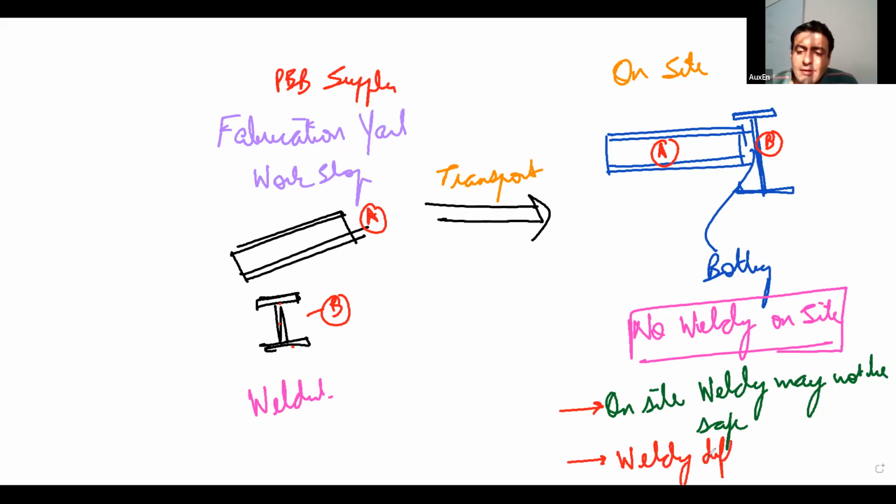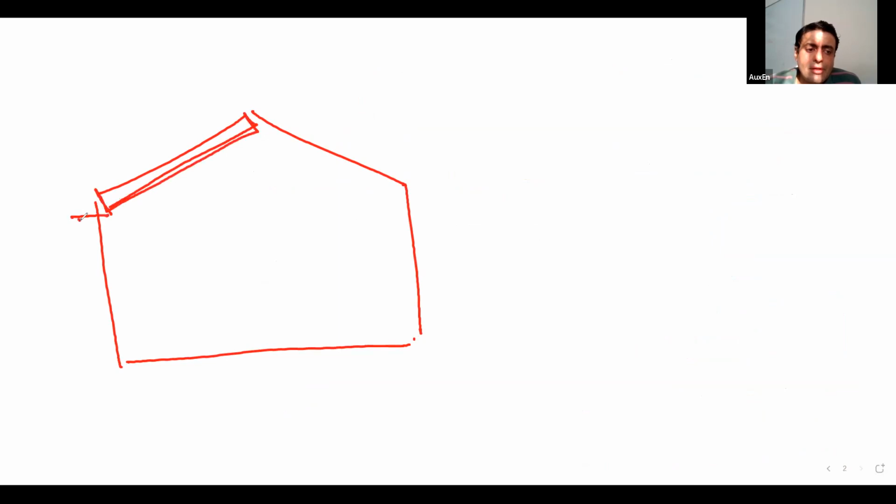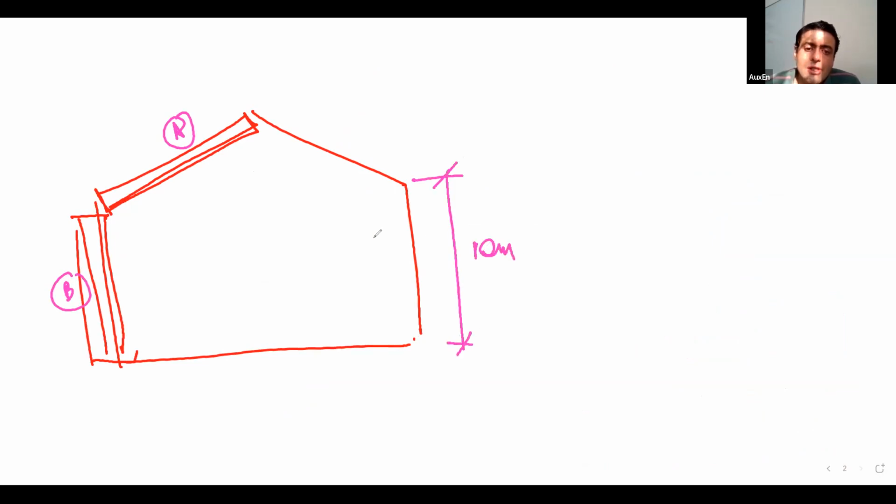Then welding is difficult at height. Try to understand that welding has to be done in situ. In situ means, let us say this is my shed, the shed that I am constructing, and let us say that this is one piece, and this has to be connected to this piece on site. Now you have fabricated this piece A, and this piece B, and now you bring it to site. This is the elevation, of course. This was 10 meters. Now what will happen if you want to connect A and B by welding at site?